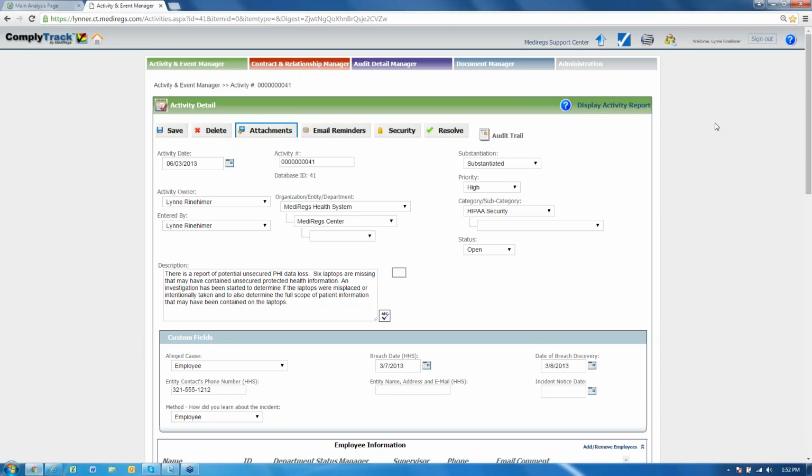You can involve the appropriate people in the process within the system. And again, being able to do analytics and generate reports so that you can look for patterns and see if the same types of issues are continually occurring. Are they occurring in the same locations? Are they involving the same people? It can help you determine where you might need to do more education with your employees and with your staff, where you might need to create new policies or change your procedures, that you can manage all of this information